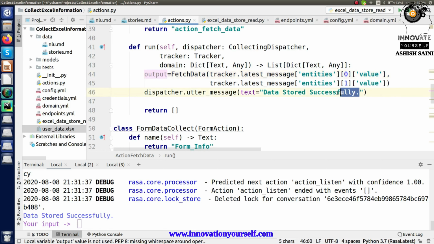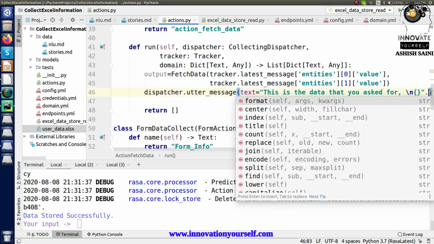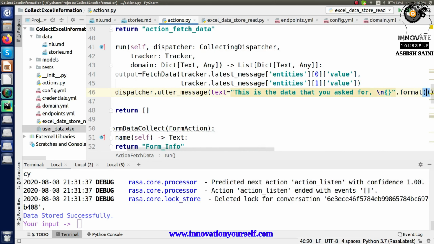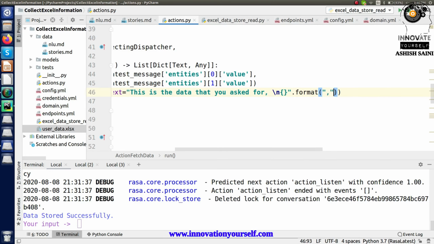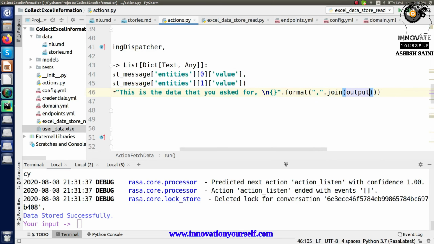So let's just print it like, this is the, right. So just pass it like /n, and in here I'm going to pass it like this, let's say dot format, and inside this I will pass it like output.